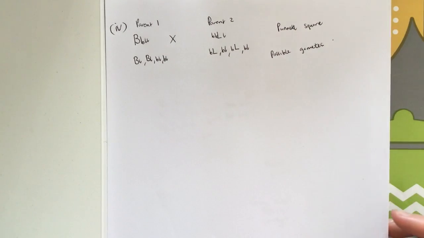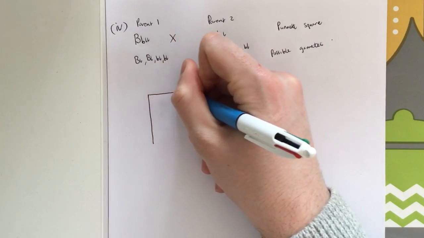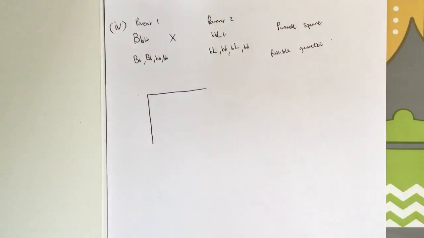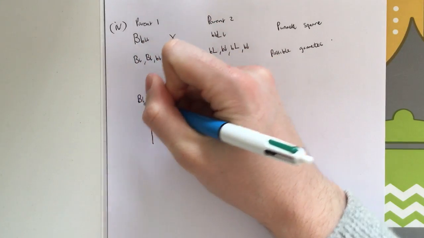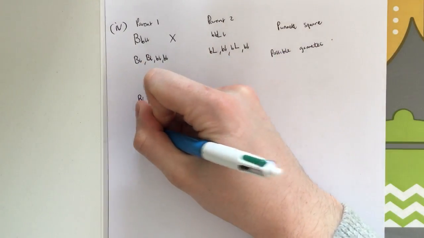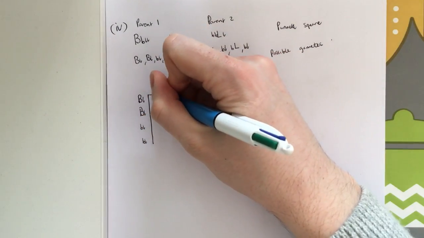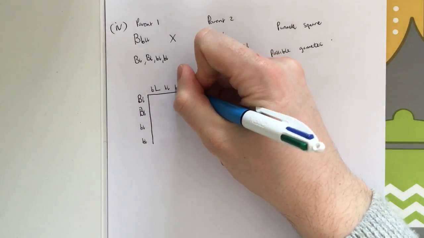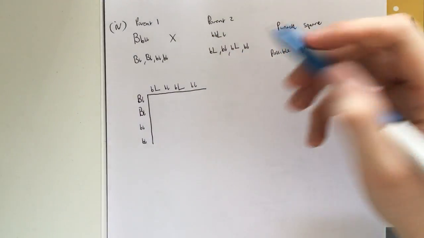Right, we have to do a Punnett square cross on this one. Now, be so careful when you're doing this because it's so easy to make mistakes. Double-check your answers. Okay, so we have big B, small l, big B, small l, small b, small l, small b, small l, small b, big L, small b, small l, small b, big L, and small b, small l. You do your Punnett square cross on it.